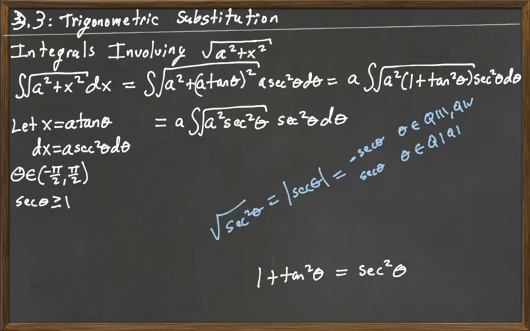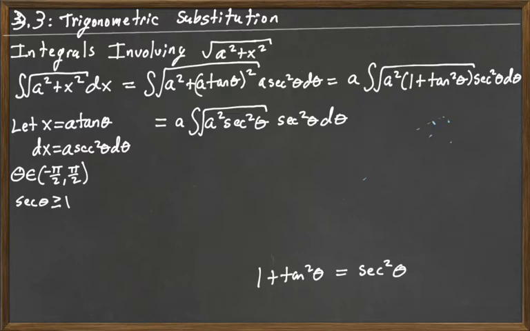Oh, hold on a second. I've made a mistake here. The mistake is here. It should be quadrant 2 or quadrant 3. All right, so secant is negative in quadrants 2 and 3, and it is positive in quadrant 1 and quadrant 4. So our theta is, in this case, between negative pi over 2 and pi over 2, so that's going to be in quadrant 1 or 4. So the square root of the secant squared is going to be just secant. Okay,